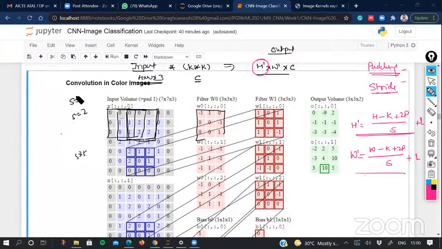Generally, the role of convolution is to extract the features. And we always expect this height and width must not change whenever you apply the convolution. So we use this padding to mitigate that effect, the reduction in size. So if you are using a 3x3 kernel, we can use padding as 1. If we are using a 5x5 kernel, then we can use padding as 2. If you use these combinations, you will get a similar kind of output volume by taking a stride equal to 1. So with these settings, you can extract the features from the convolution layers one after another.